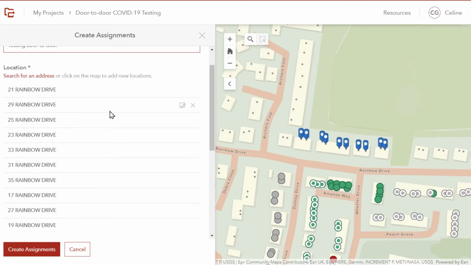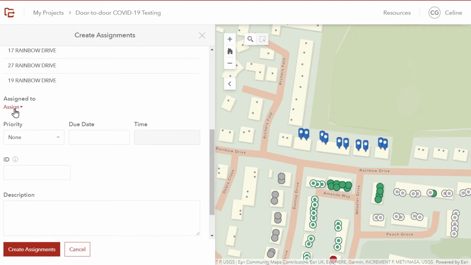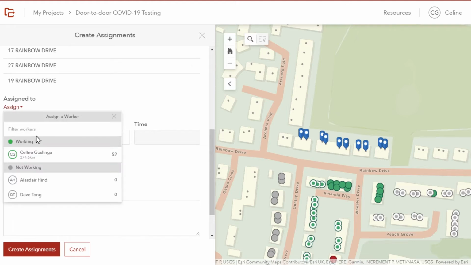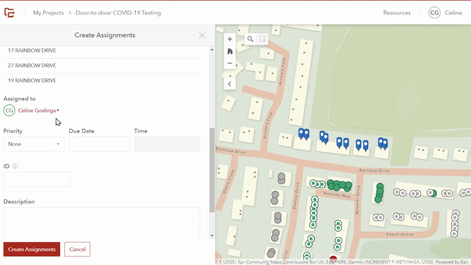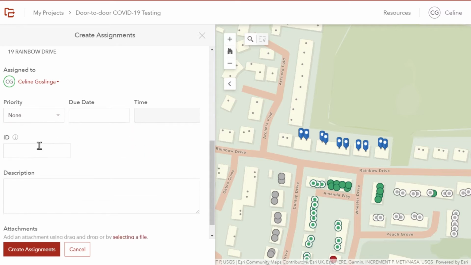And you can see that all of these addresses on Rainbow Drive can be given a certain person. So I'll select myself as the field tester to conduct testing at these addresses. And you can tag them with a level of priority, a due date if needed, and time, and even an ID and description. So if I go ahead and create these assignments,